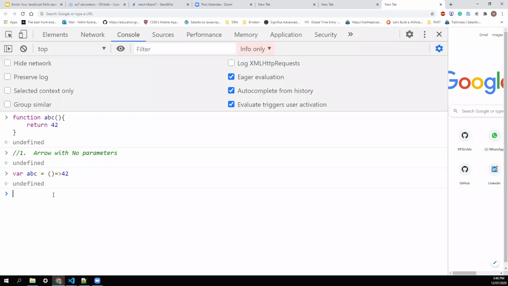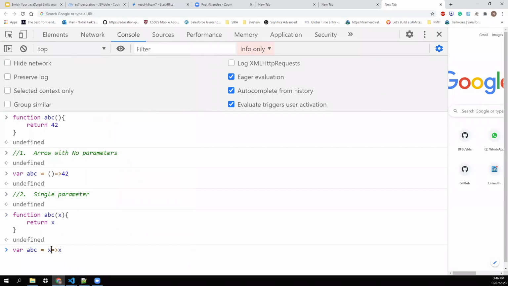Okay, so now let's go to an arrow with a single parameter. To see the single parameter here, you are passing something and you are returning something. And to do that, I'll convert this same one. It's expecting a parameter and it's returning the parameter.